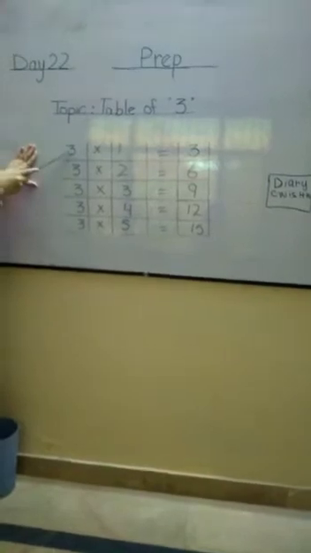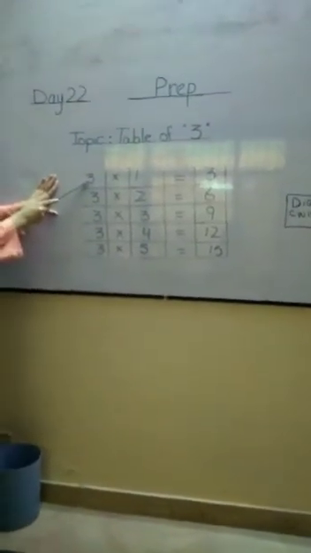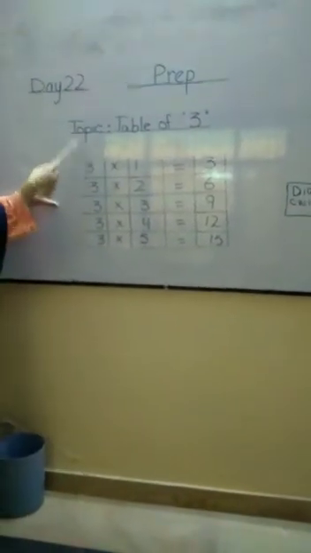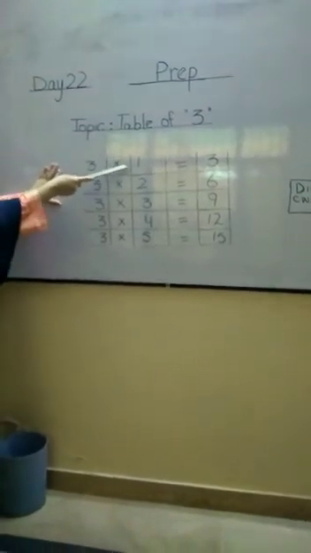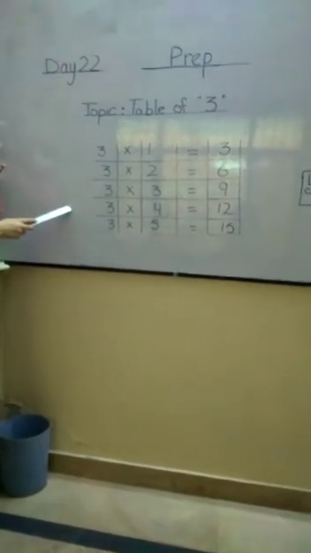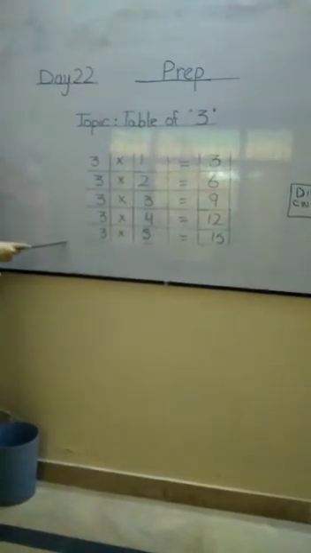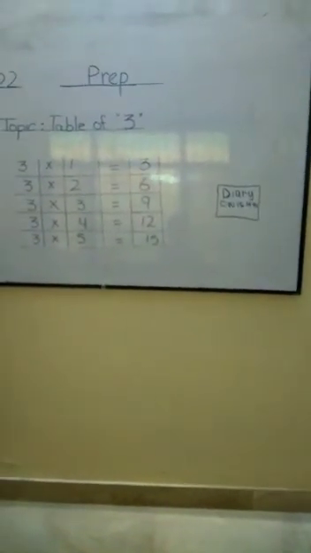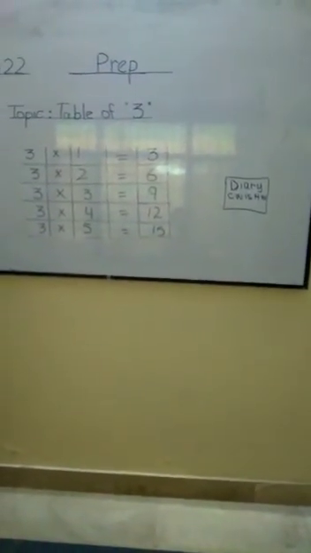You write 3 on one box and then you write multiplication on another box. So you done your table like this and your diary is there, CW is HW. And please